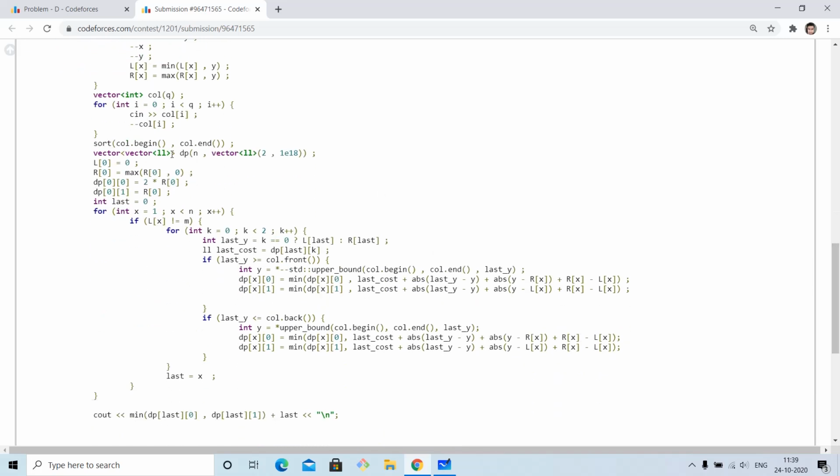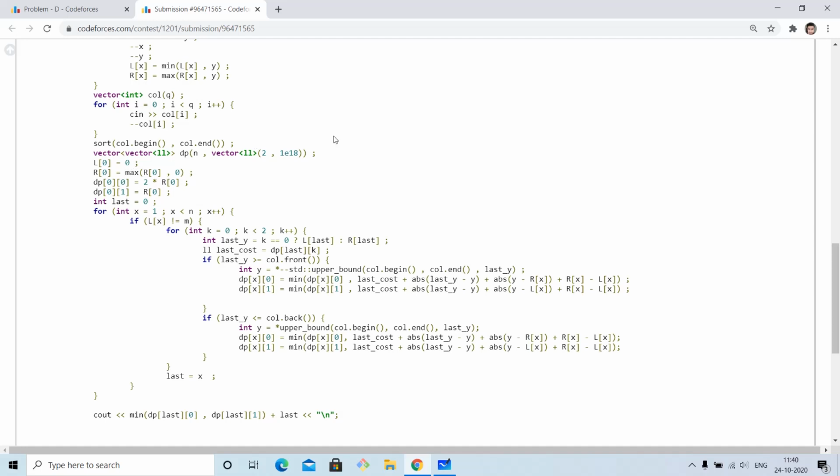And after that, this will be our table, which is dp. We will initialize this table initially to be the infinite value, which is 1 times 10 power 18. This will be a table of n comma 2. And then what is the leftmost position of the zeroth row? The leftmost position of the zeroth row is not the position of the zeroth row's leftmost treasure. It is actually the zeroth position, because we are starting on the zeroth position.